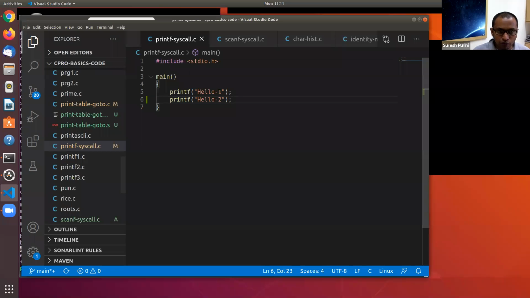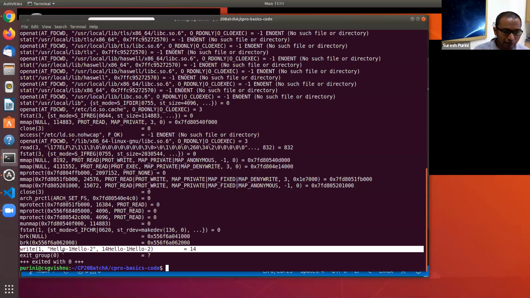When you made a call to printf, it didn't immediately make a write system call. It internally stored hello one in its internal buffer. And then after that, you made a printf hello 2, it again internally buffered hello 2 in its internal buffer. When the program is about to exit, it says, I better print it on the screen. So it made a write system call.